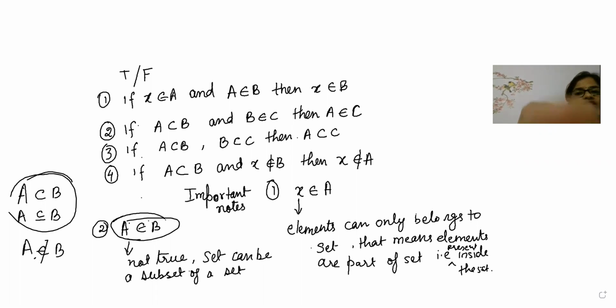Very good. All of my children started answering this question. I've understood that. Now you have understood the content here: a set cannot be belonging to a set. A set can only be a subset, meaning I am a part of you. That means I belong to you.